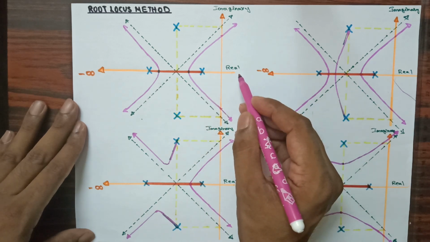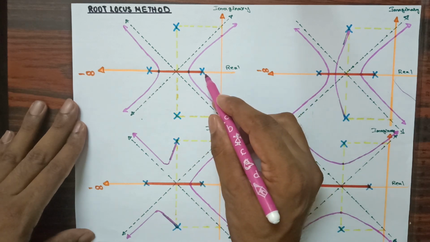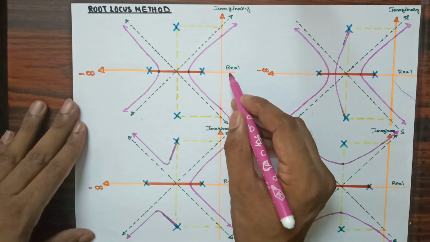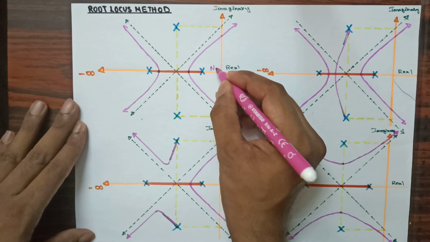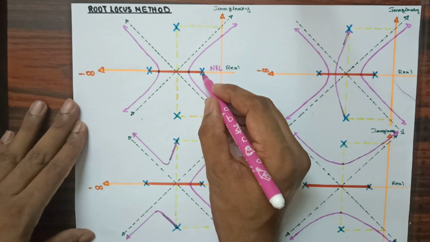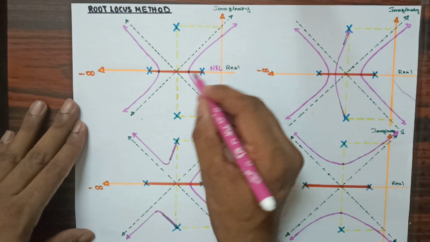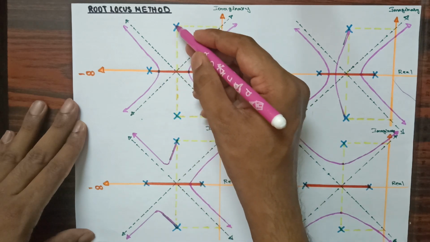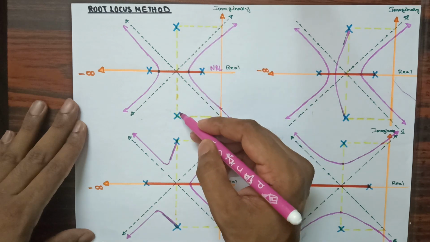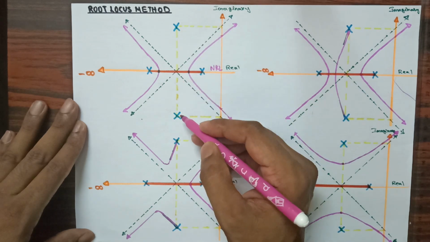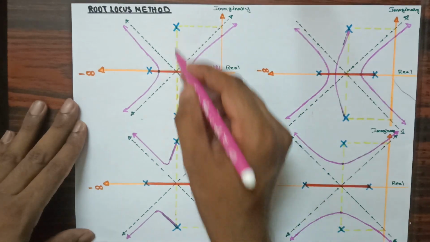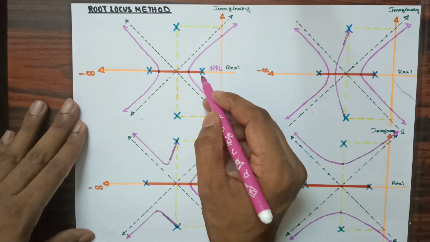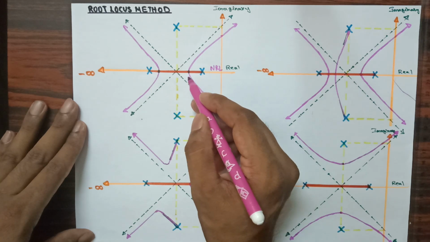As the procedure is the same, from the right hand side I am going to count the number of poles and zeros. For an even count I am not providing any root locus path. From this point to this point no root locus, and from this point onwards the count I am getting is odd, that is one pole. As usual, we are not going to count the complex poles. Here, instead of saying y axis person, we are going to consider complex poles. We are not going to count the complex poles to consider the root locus path.